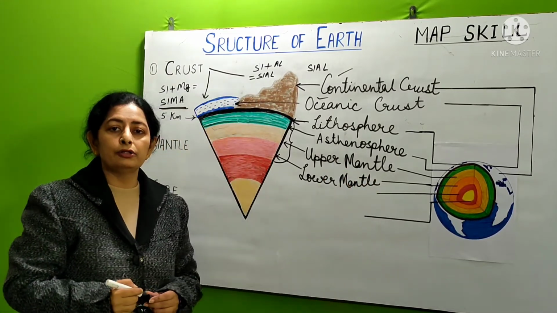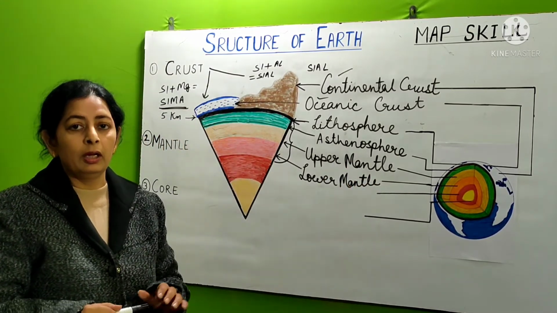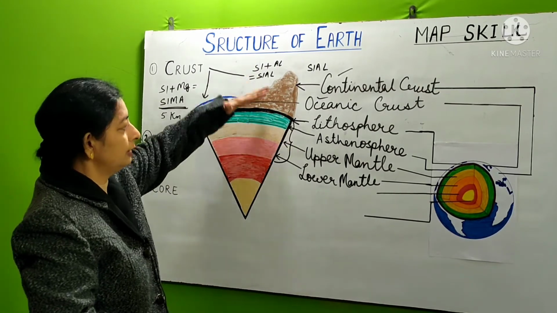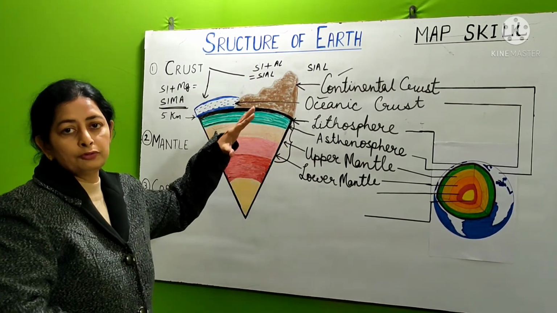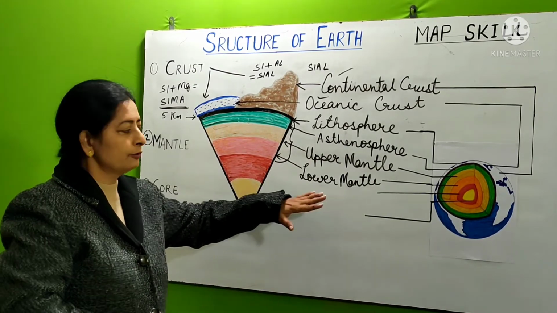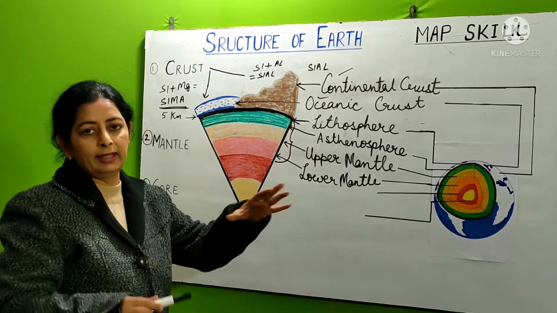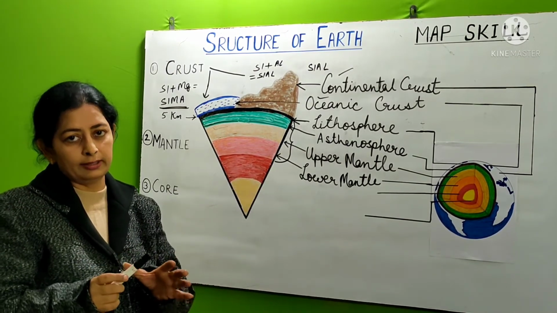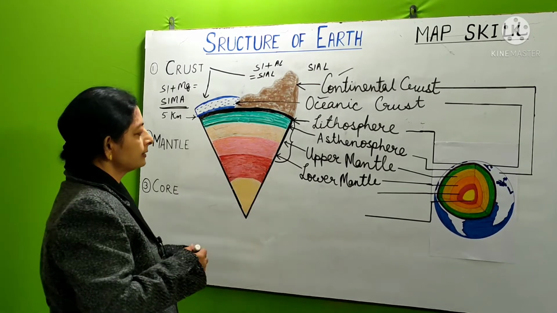The lower mantle also has high temperature, but due to the pressure of the overlying rocks, all these layers of rocks are in solid form. So the lower mantle, we can say, is a bit hard; the rocks are rigid and in a solid state. The next layer is,